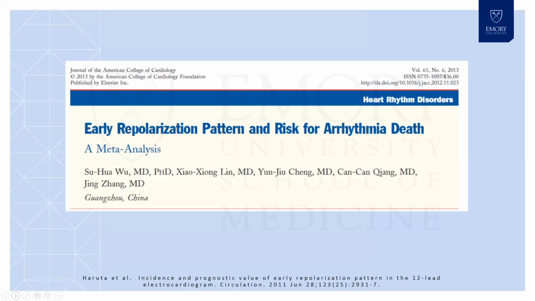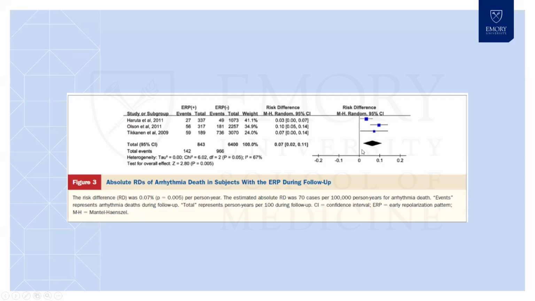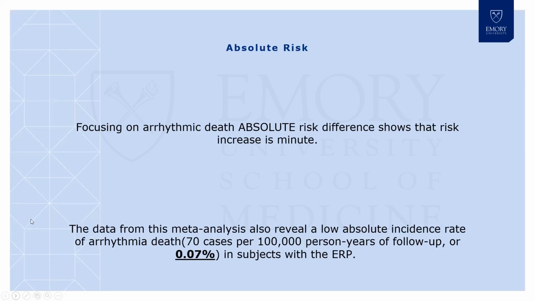So I told you about a lot of studies. If you meta-analyze all the studies that try to answer this question, what do you find? This is what this paper from Jack from a few years ago tried to answer. So first you see there's massive heterogeneity across the studies. For death from all causes, it went from being protective to being very dangerous. The pooled analysis was not statistically significant for death from all causes or death from cardiac causes, but for death from arrhythmia, it did seem to confirm an increased risk.